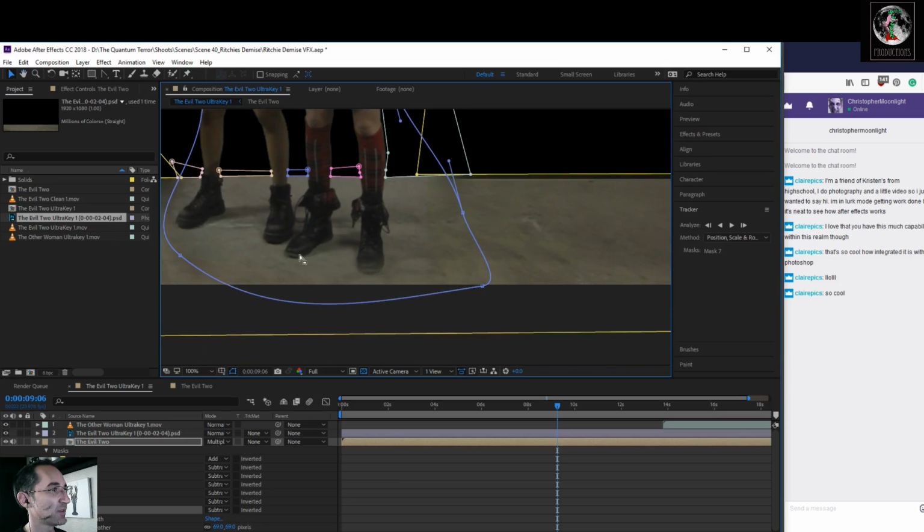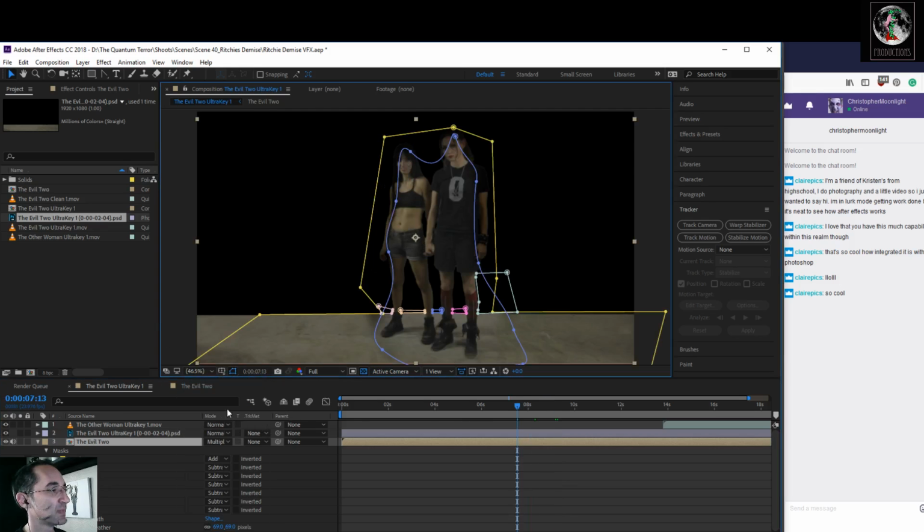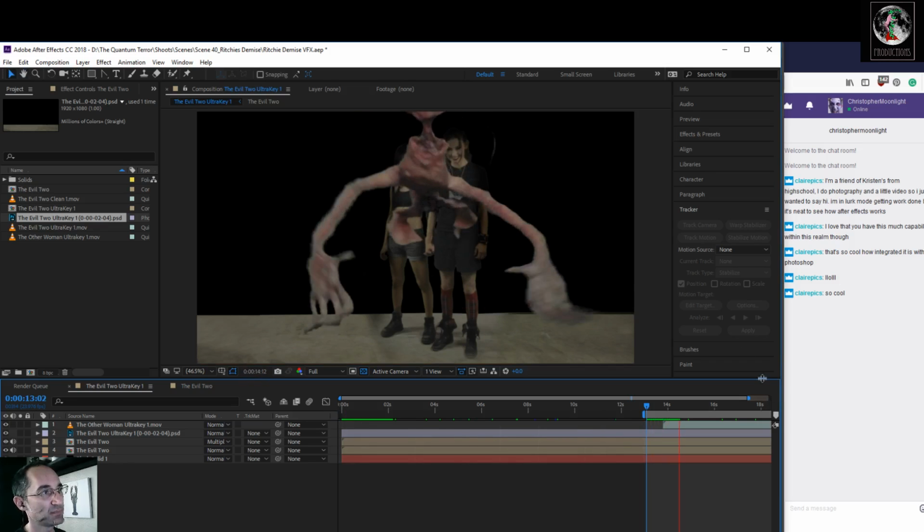See too, in the feathering the mask, I kind of went over her foot. That's something we'll solve later. Alright, so we have all these masks, and let's click out of them so we can see. So now it looks like they're standing in the dark a bit more. You know what I'm going to do? I'm going to drag this over here. This way you can kind of just play the part of the composition that you want.